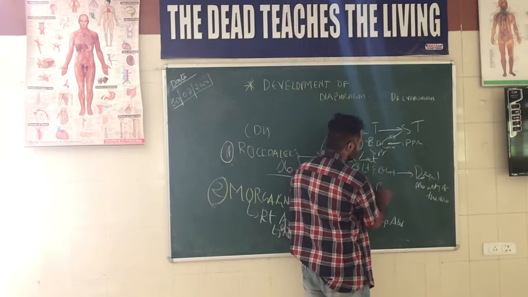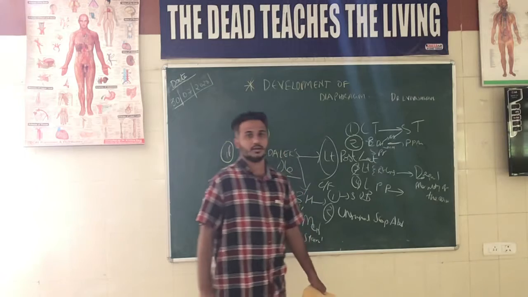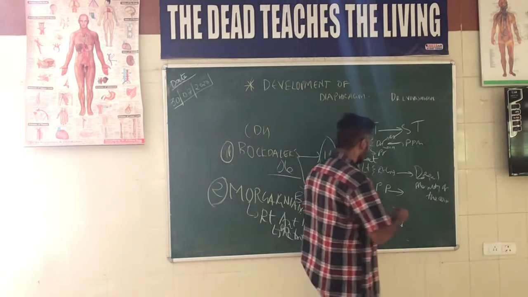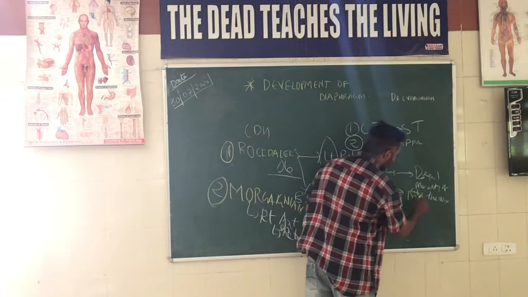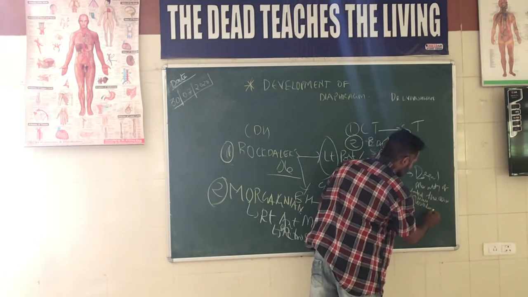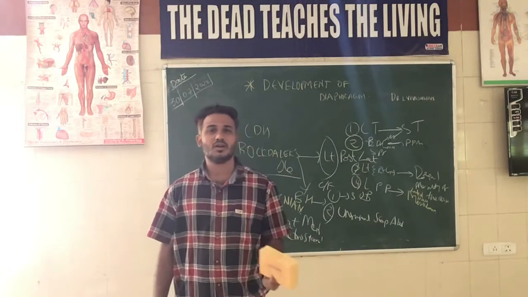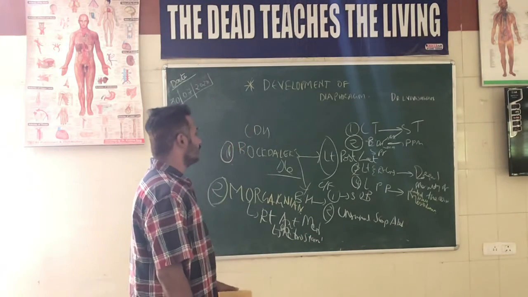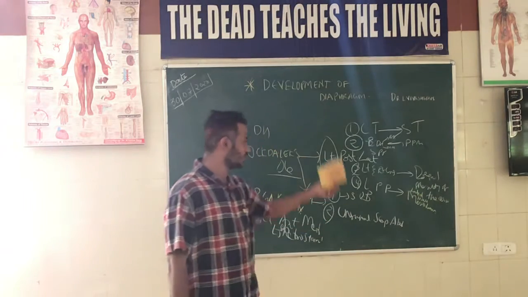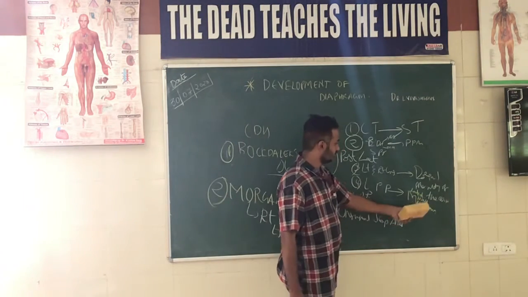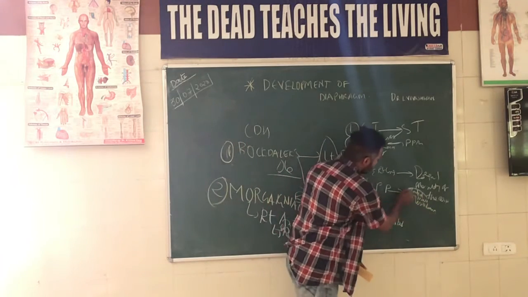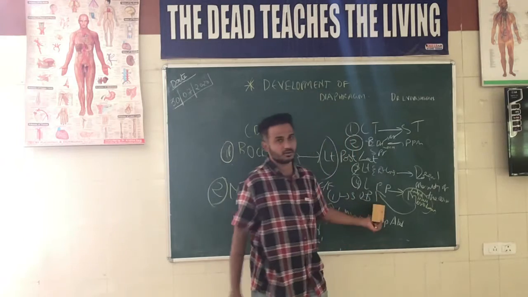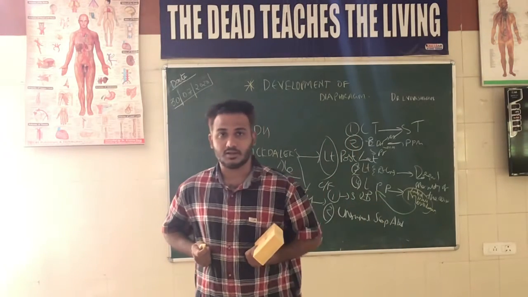This large peripheral part is developed from the mesoderm, the lateral wall mesoderm. Large peripheral part will be developed from the lateral wall mesoderm. So this lateral wall mesoderm, I said this is from the cervical somites. Cervical somites descend, and the cervical somites are nothing but some mesoderm in the cervical area. They will descend and they form the lateral wall mesoderm. From the lateral wall mesoderm, the lateral peripheral part will be formed.